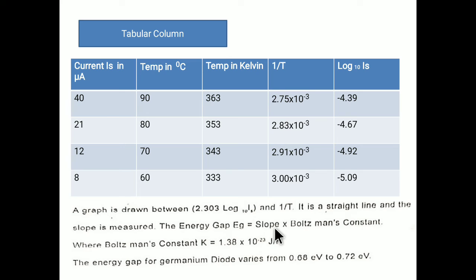Substitute this slope value here and multiply it. The standard value of the energy gap for the germanium diode varies from 0.68 electron volt to 0.72 electron volt. In this way, we can calculate the energy gap of a semiconductor diode using a